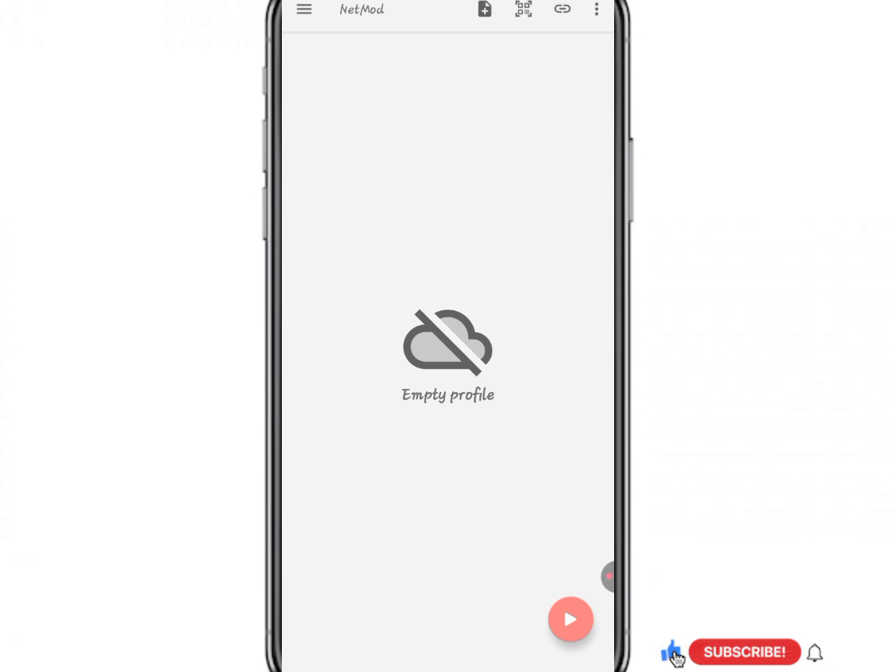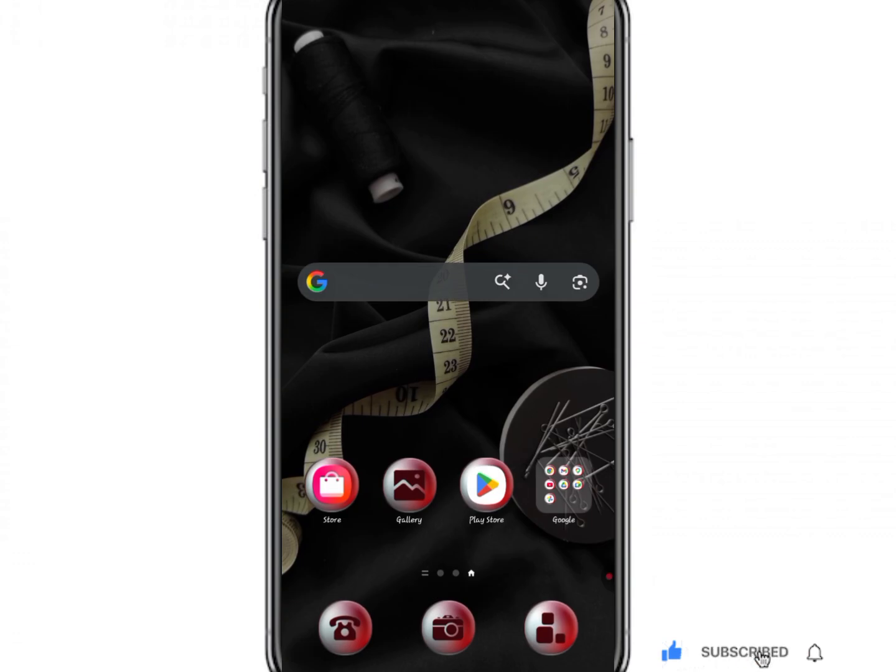So after downloading it, it will be looking like that. Allow all permissions that will be requested to you by this VPN application, and then after confirming that it is the application you are holding in your device, head over to your home screen, and then after, look for Google